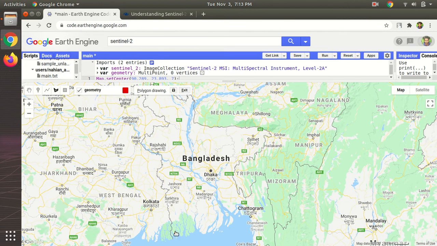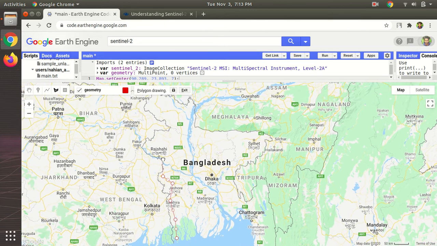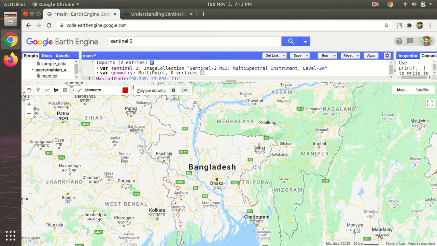We are going to keep clicking, and we are going to make this approximate polygon along the international boundary of Bangladesh. This does not have to be very accurate. This is not a labeling task. We are just doing this to make sure that we can find the correct images that intersect with these points, or the area enclosed in these points.